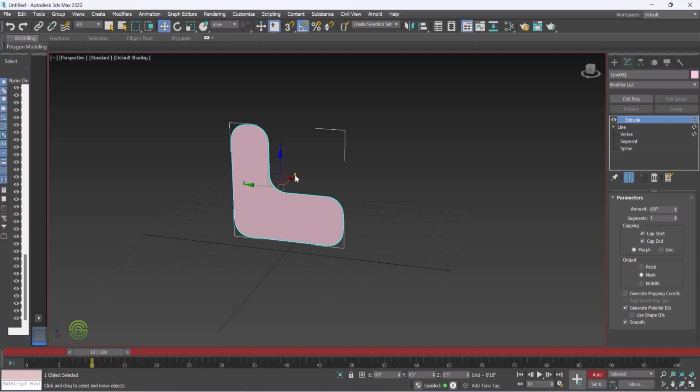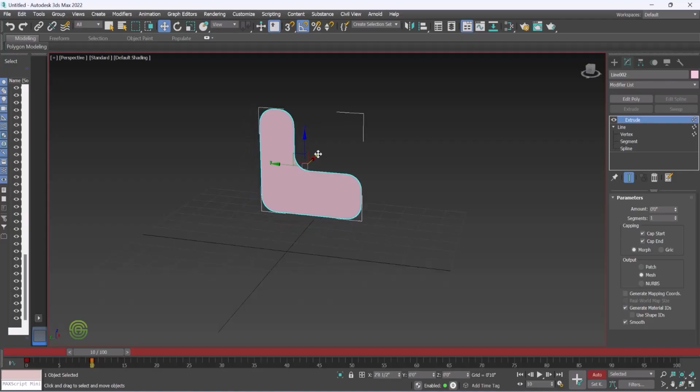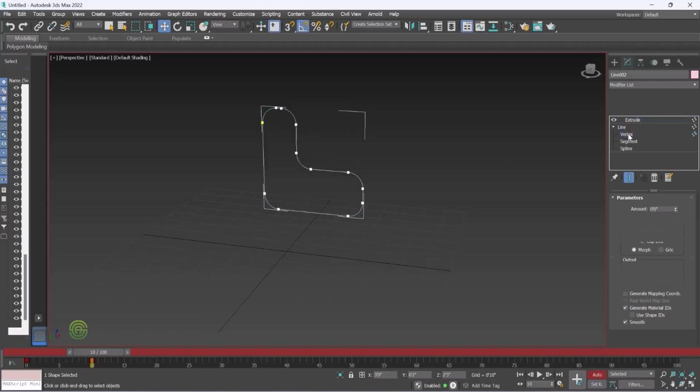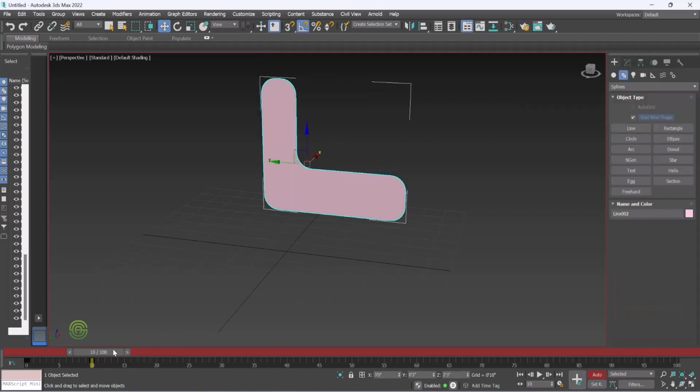Now move this object. Third thing is to move this object. Let's say move it up to here. And now go on, click on vertex and just click on this and change it. Both sides, change it. And now come out of this and again change the time to 20, and then again